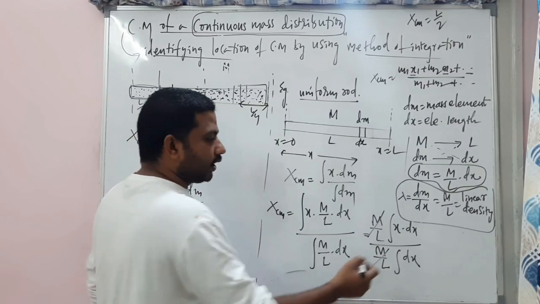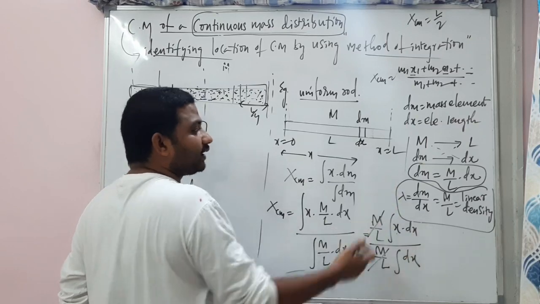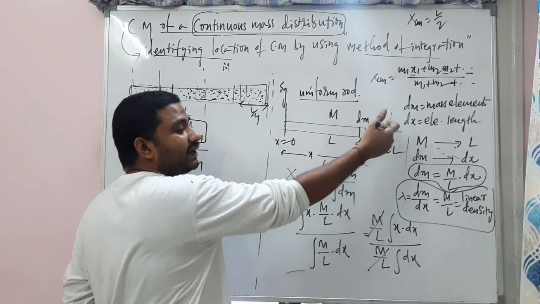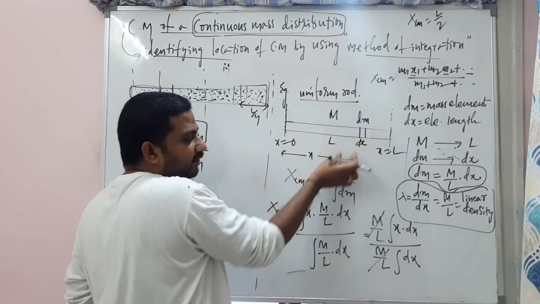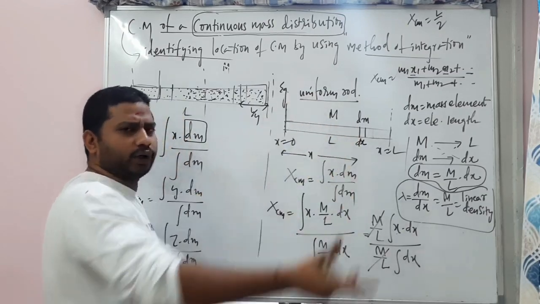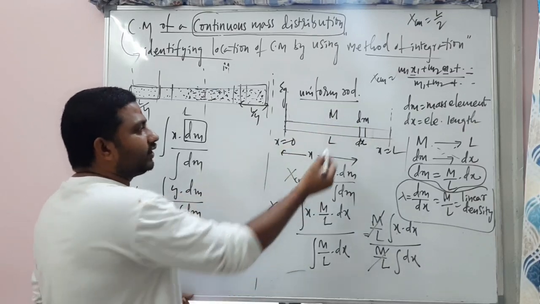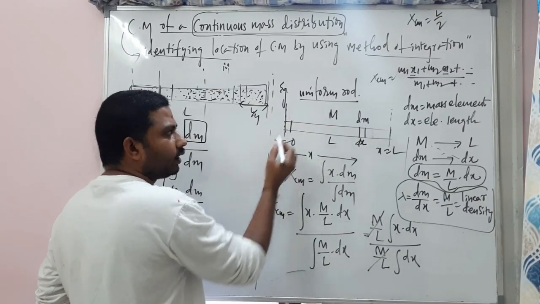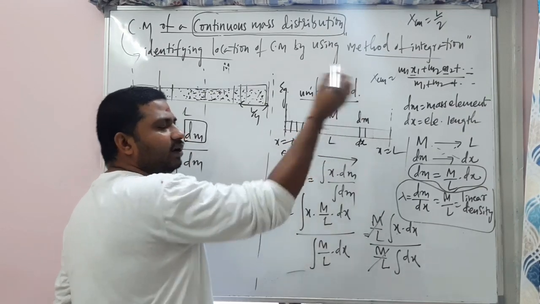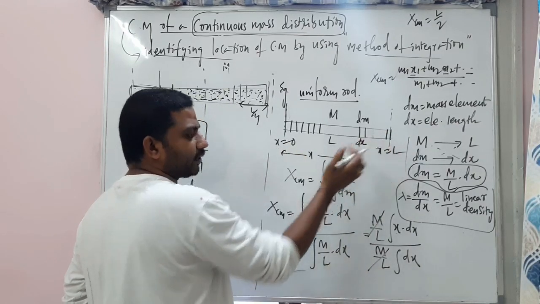Limits are very important. And what are the x limits here? We are integrating with respect to dx. From the origin where we started, up to where we take these dm's. This dm we have taken at some arbitrary point, at any point in the middle of the rod. You can also take this dm here, or here. Small elemental length you can take up to here, and your limits are from 0 to L.